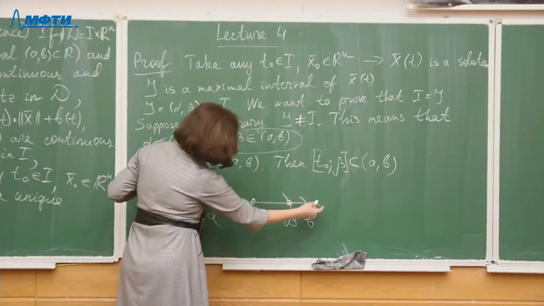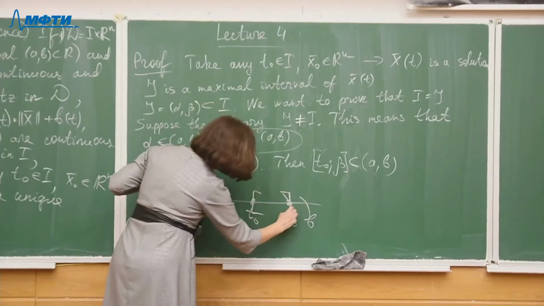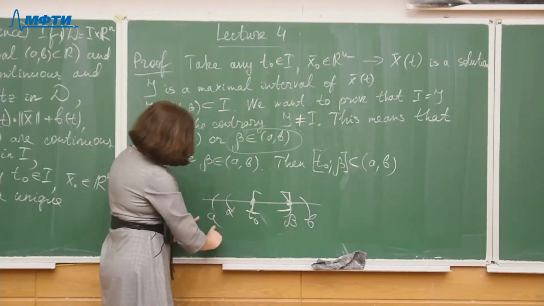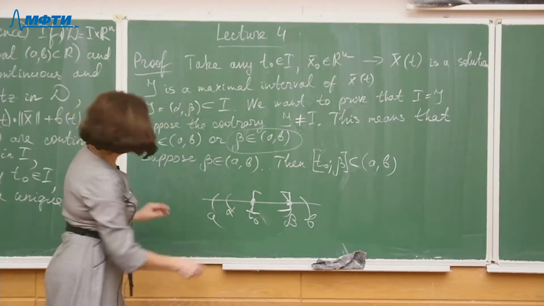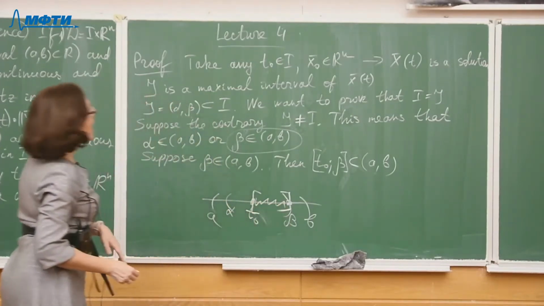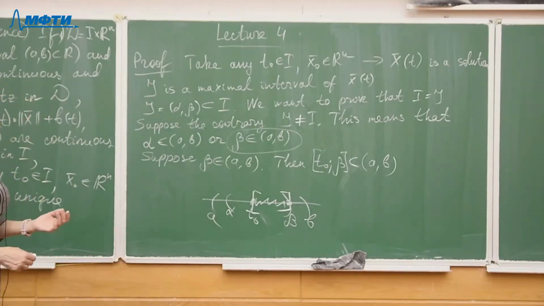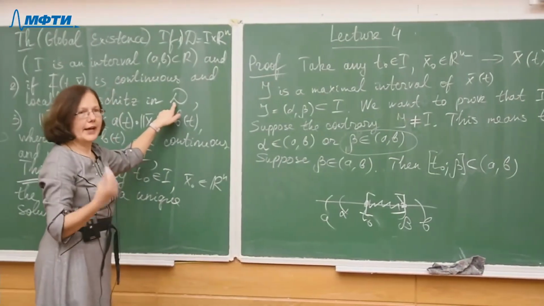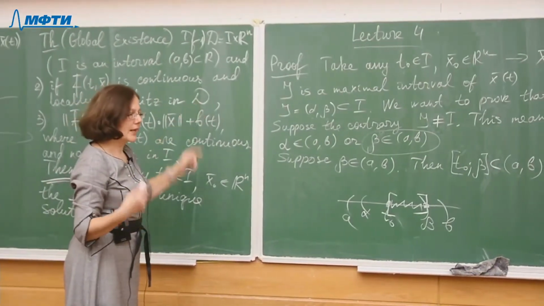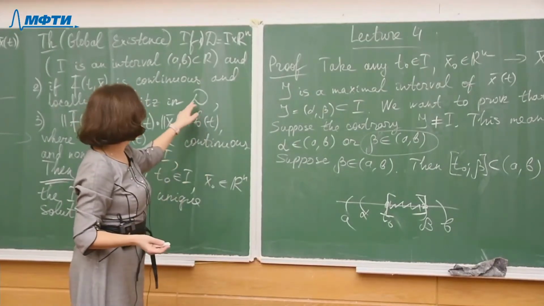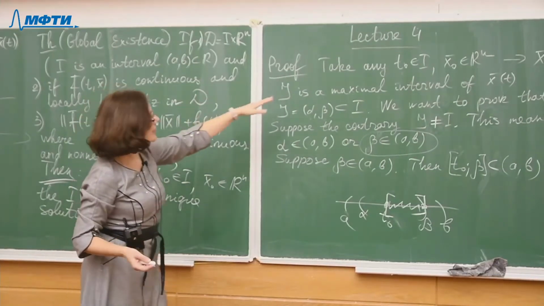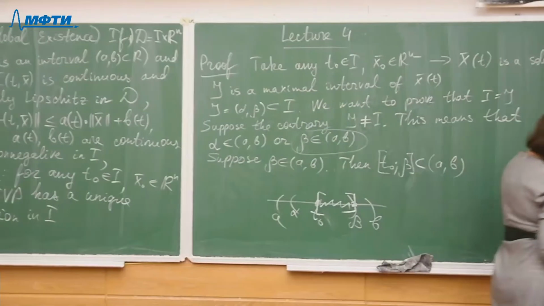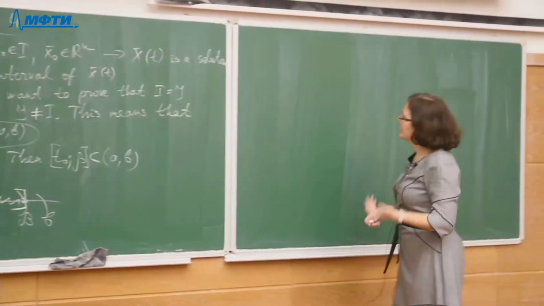Suppose beta is different from b. So we can see that this closed interval is inside I, right? It is inside the interval from a to b. You can see this. And now we will use the theorem about the compact set. If we consider a compact set in D, then our solution must leave any compact set containing this initial point and contained in D, right? So let's use this theorem. I will draw a figure. I think the figure will help us.